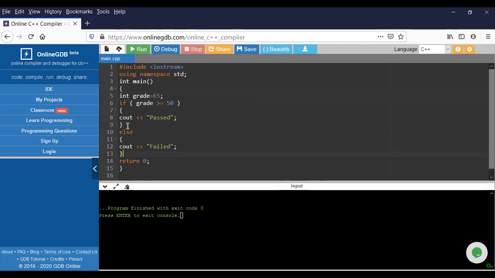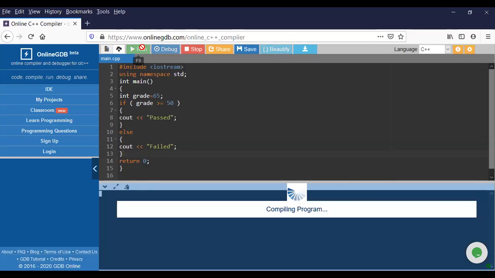This is from the first line again, if and else. So what does this mean? If this condition is not true, you are going to output fail. Now here the marks is 65, so the result will be pass only. Okay, run here